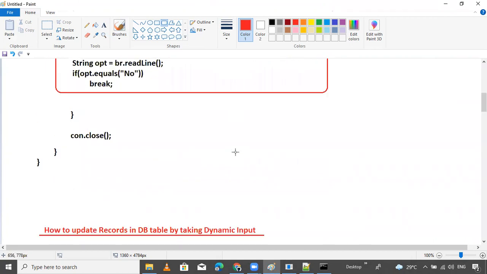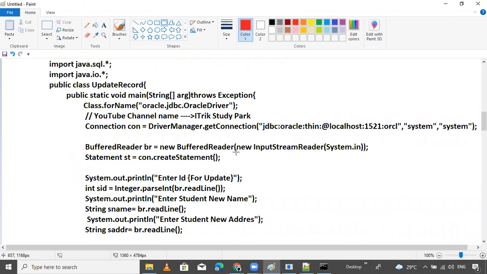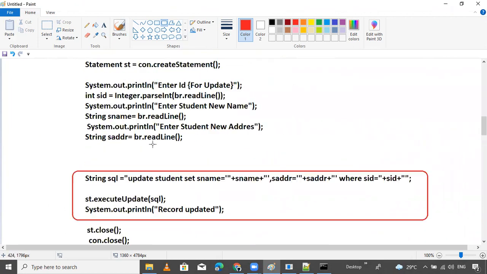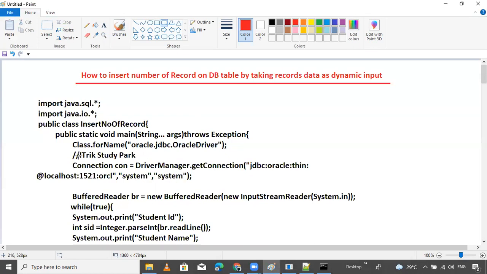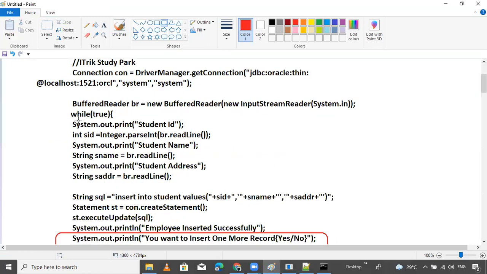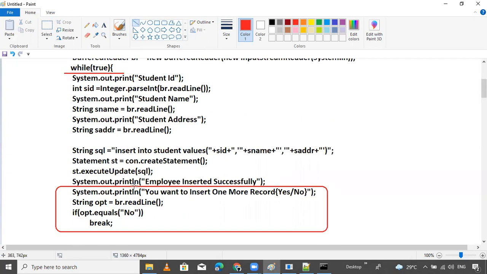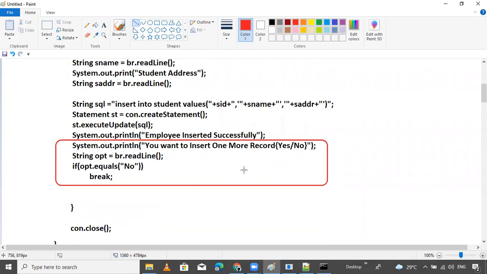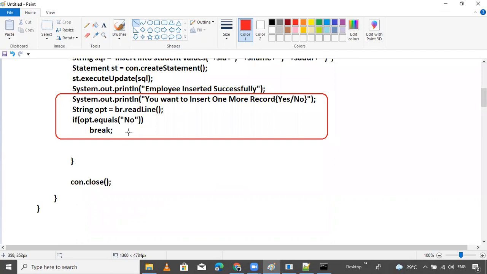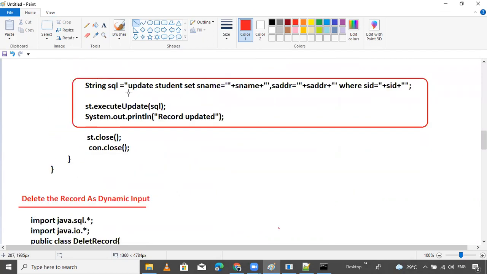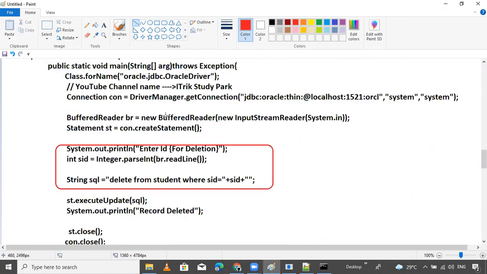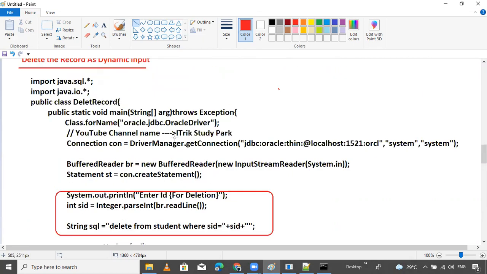After executing, put this statement under the while loop, and we will get all these things. You can do it.